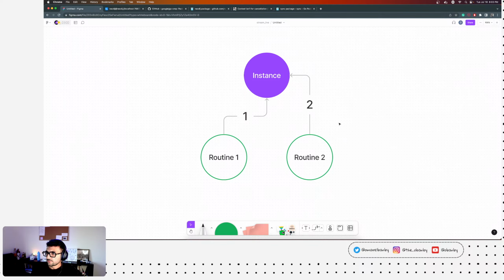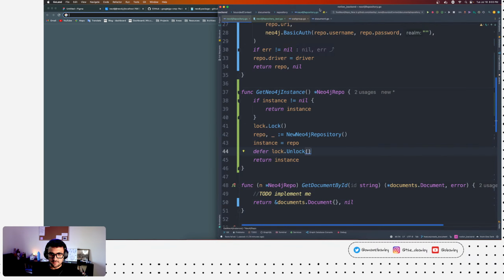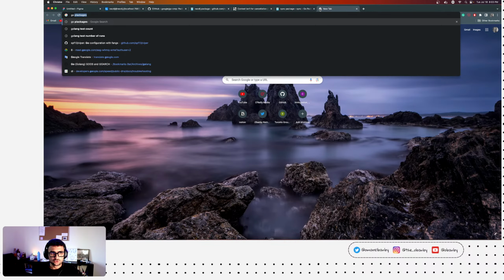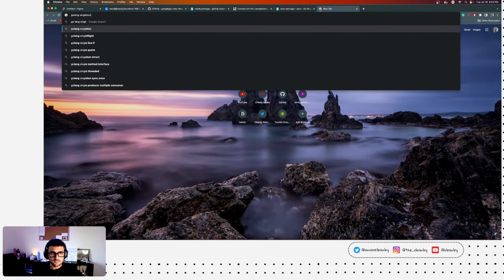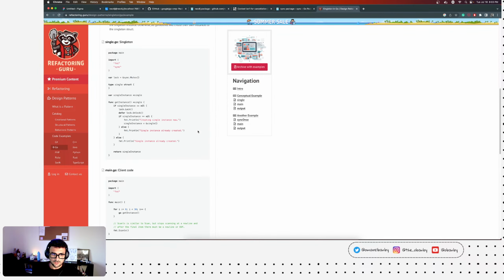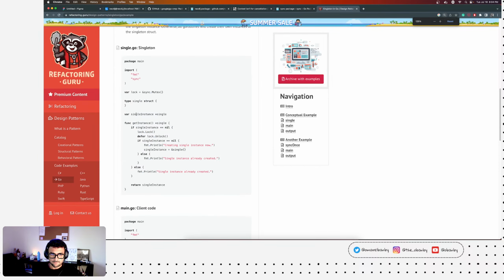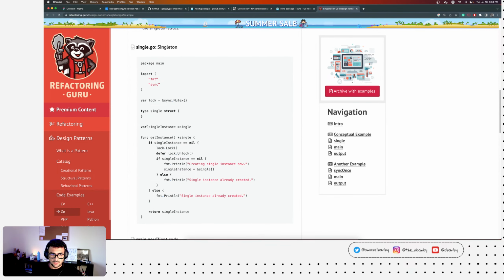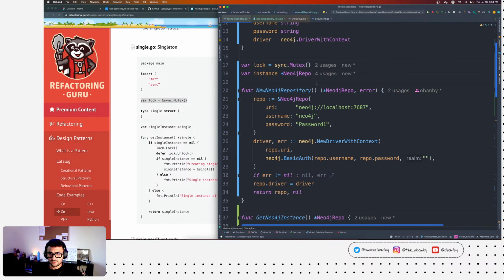All right, so let's do something. Let me show you an implementation of this instance, and maybe that gives us an insight. So if you go to GoLang singleton, here we have a very good code example, right? And here how they're doing it is, oh wait a minute, is that why?